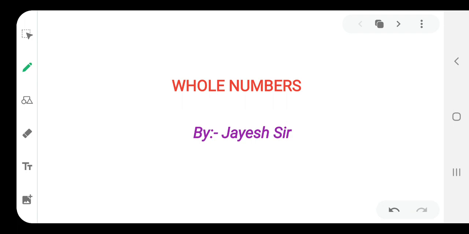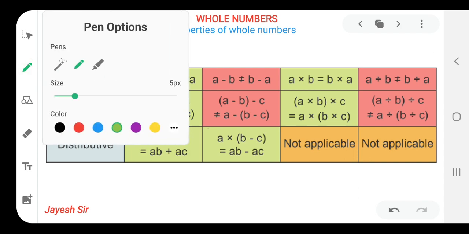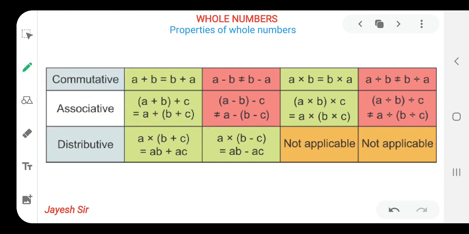That is going to help in our maths also, in how to solve sums very easily and quickly with the help of these properties, because these properties play a very important role in our day to day life while calculating maths sums, addition, subtraction, or small basic sums very fast. With the help of these properties we can solve them very easily.